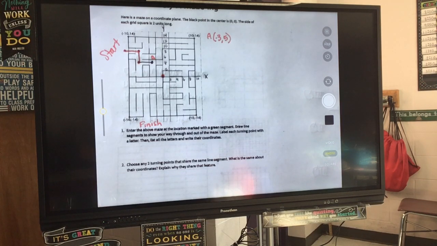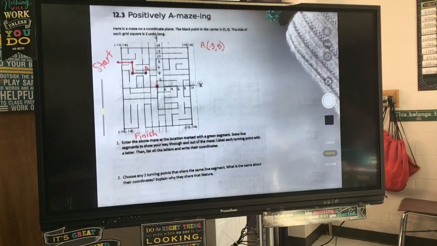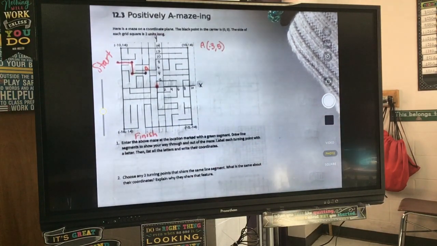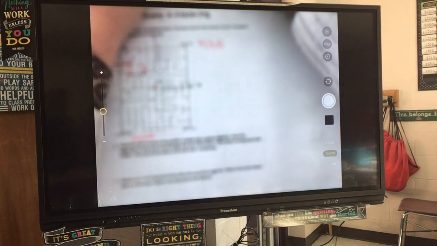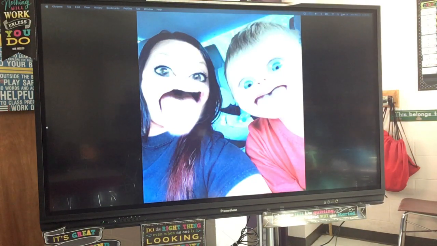If you need to use a different color, you can. Find a place around the room to work and get started, please. Make sure that you can see the TV so that you're able to actually see what